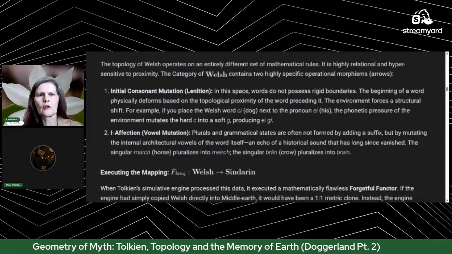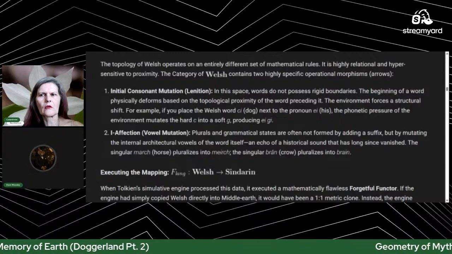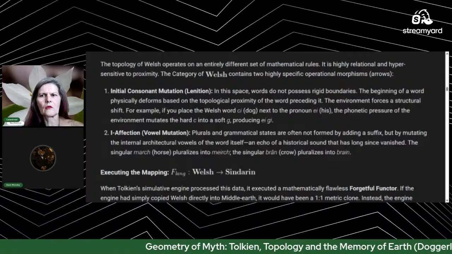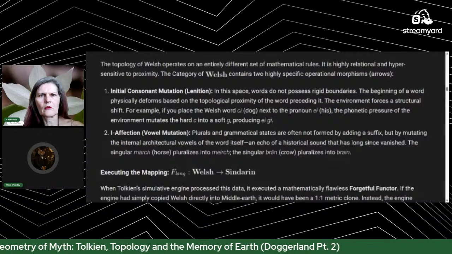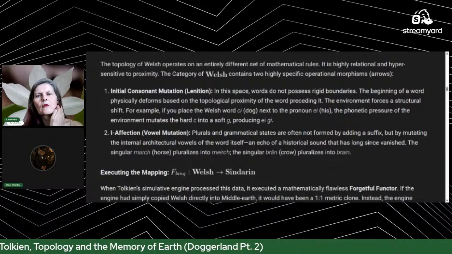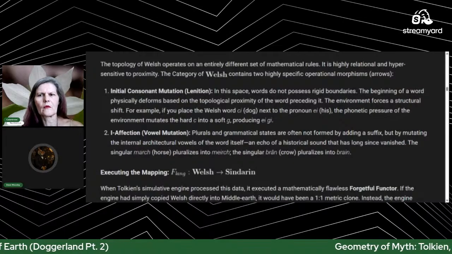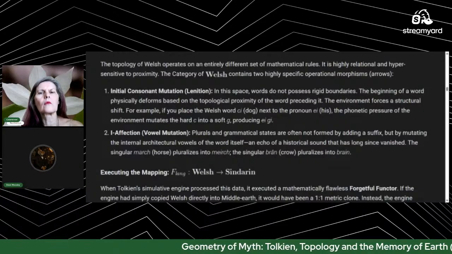Initial constant mutation, lenition. In this space, words do not possess rigid boundaries. The beginning of a word physically deforms based on the topological proximity of the word preceding it. The environment forces a structural shift. For example, if you place the Welsh word, I guess you pronounce it key, dog, next to the pronoun a, his, the phonetic pressure of the environment mutates the hard C into a soft G,